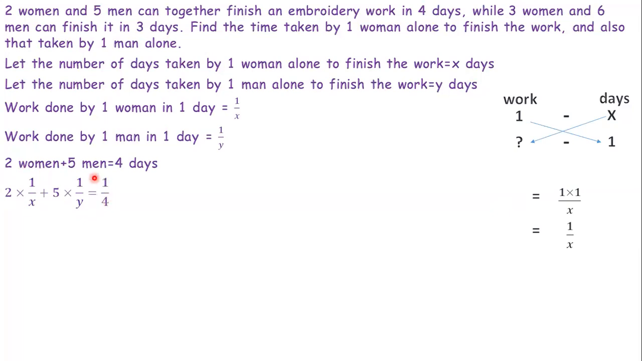Here we converted work for one day. Work done by women for one day, work done by man for one day, and work done in one day. So 2 by x plus 5 by y is equal to 1 by 4. This is the one equation. And the second equation is